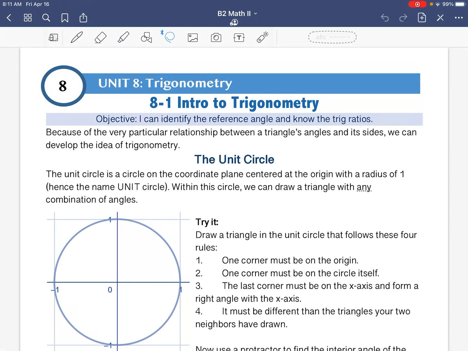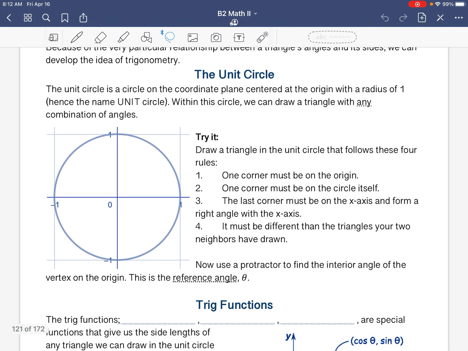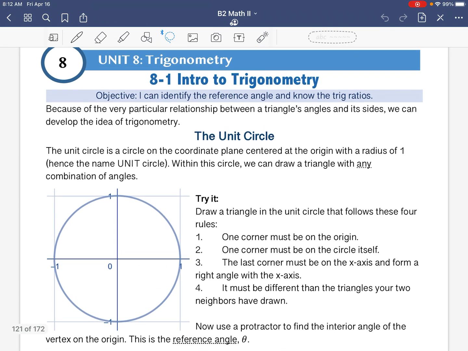Alright, this is 8-1, Intro to Trigonometry. Trigonometry has to do with triangles, and it's sort of one step further in the process of trying to figure out missing side lengths and missing angles inside of triangles. So to talk about trigonometry and the trig functions, which we'll get to in a second, we first need to